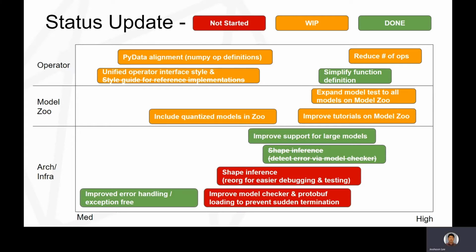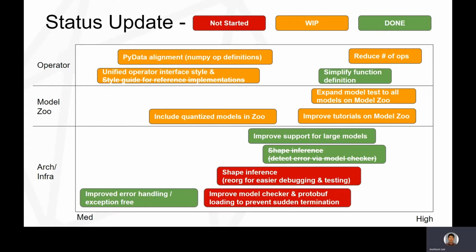So this slide summarizes the current status with the different color codings. Red means that those items we have not started working on yet. And the orange ones are some items that we are making progress on. And the green ones are either done or we're getting close to done since we're now working on the ONNX 1.9 release that will include some of these features. Sheng already covered the PyData alignment, so I'll briefly talk about the rest of the features here.